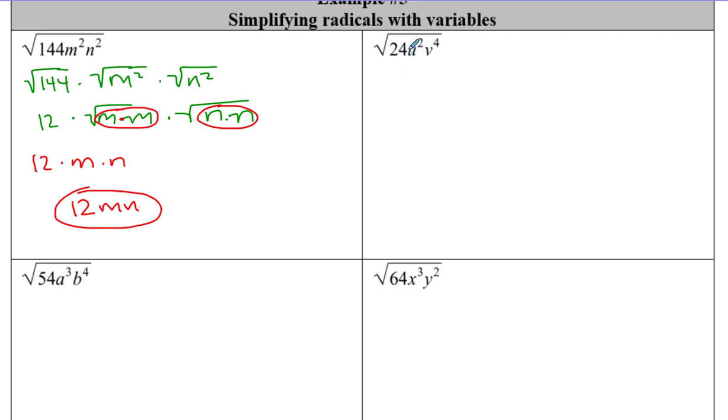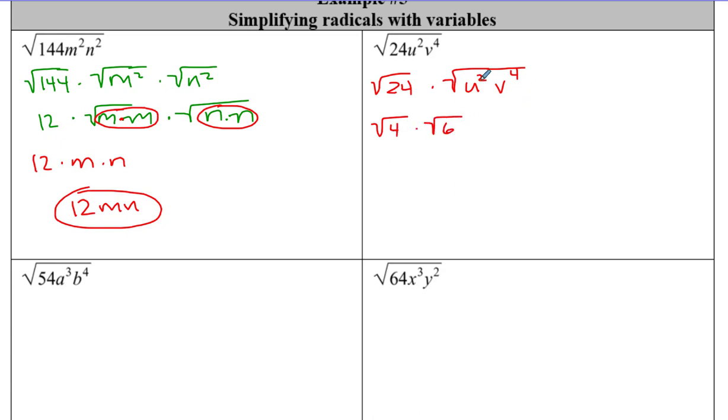Alright, so let's try this one right here. We got 24. Let's separate this out. Square root of 24 times, let's separate these. You know what? I'm going to leave both of these in here because I want to show you another trick before you get to the bottom here. And v to the fourth. Alright, so 24 looks like I can divide it by a 4, probably being the biggest number. So this is going to be radical 4